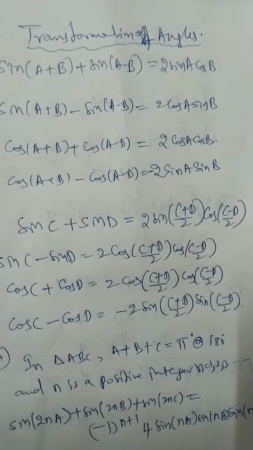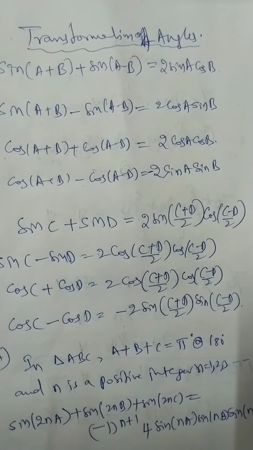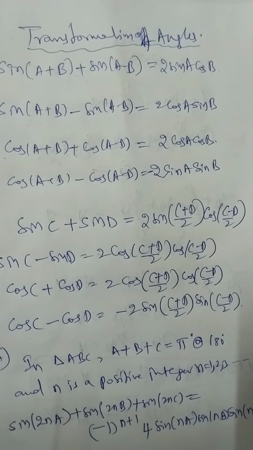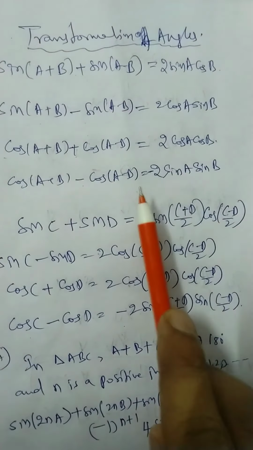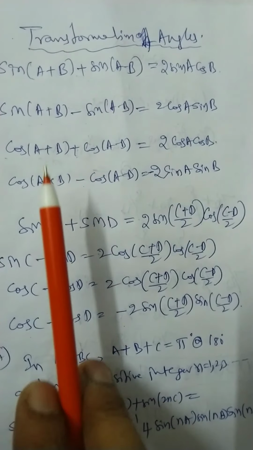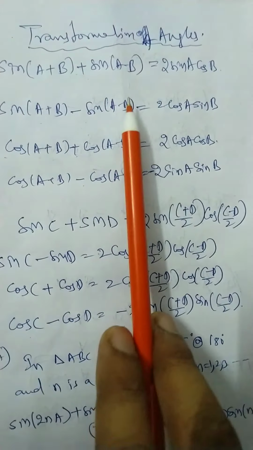The first one is sin(a+b) + sin(a-b) = 2 sin a cos b. Sin(a+b) - sin(a-b) = 2 cos a sin b. Cos(a+b) + cos(a-b) = 2 cos a cos b. Cos(a+b) - cos(a-b) = -2 sin a sin b. And writing a+b = c, a-b = d,